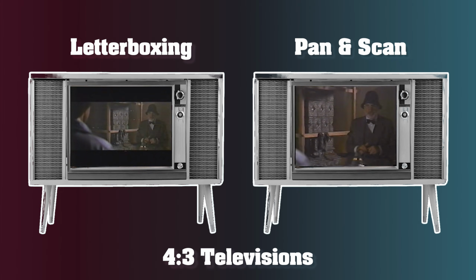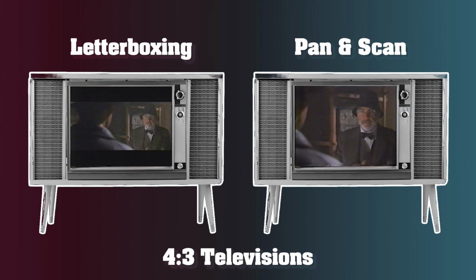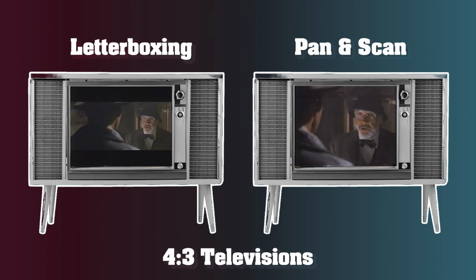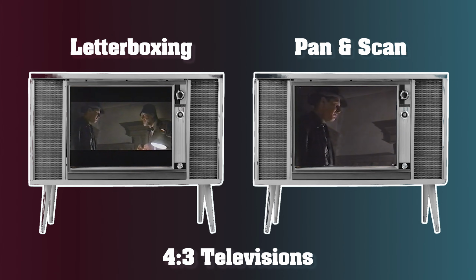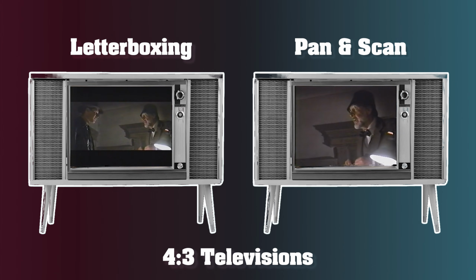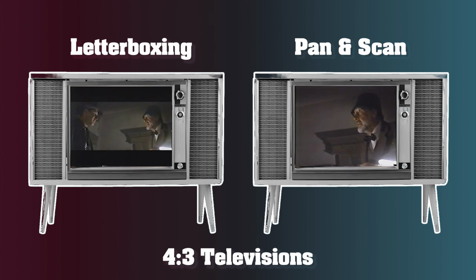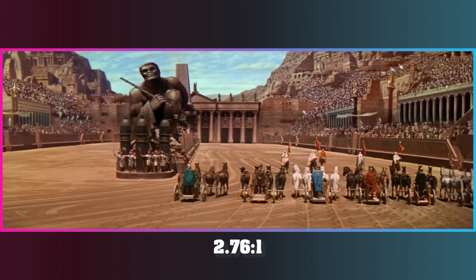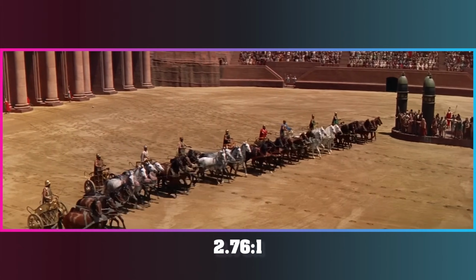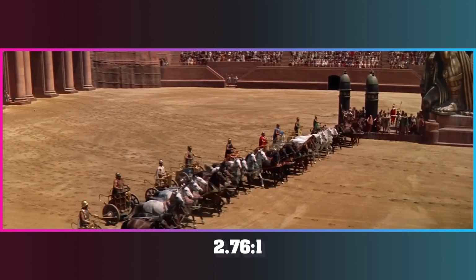Letterboxing is the technique used to preserve the original widescreen aspect ratio, where black bars are present at the top and bottom of the image. Although the original intent of the film is intact, it results in unused space on the screen, which some studios were against early on. 2.76 by 1, also known as Panavision, is an even wider aspect ratio, famously used in